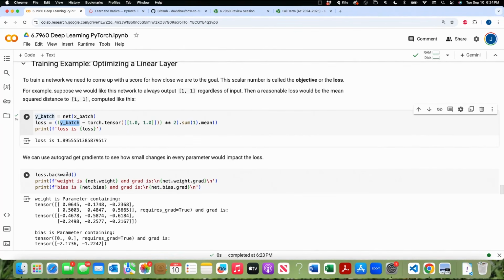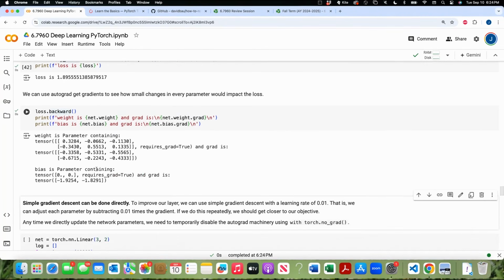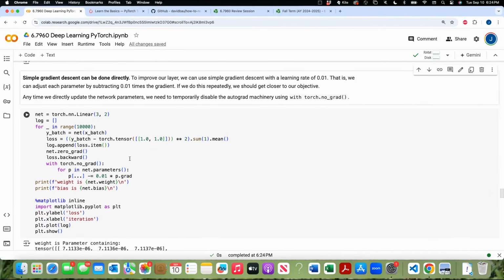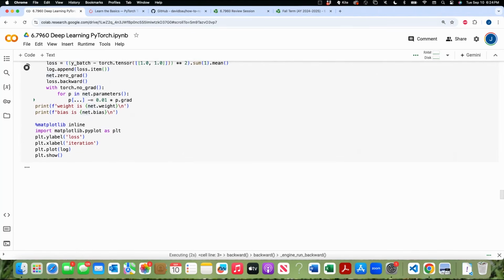And we could use loss.backward to get the gradients, and then we could use those gradients to update our linear layer. So here, if we wanted to actually train this model to learn to always output 1, 1, we could do an update loop. Here we're just looping, doing a batch input, and then calculating the loss. We're getting the gradients here with loss.backward, and then we're just using gradient descent to update our parameters. And we can see if we run this,